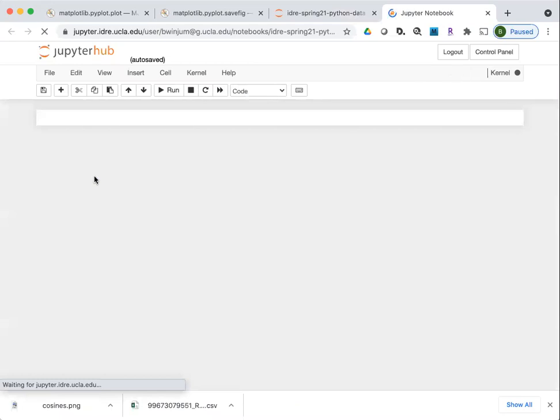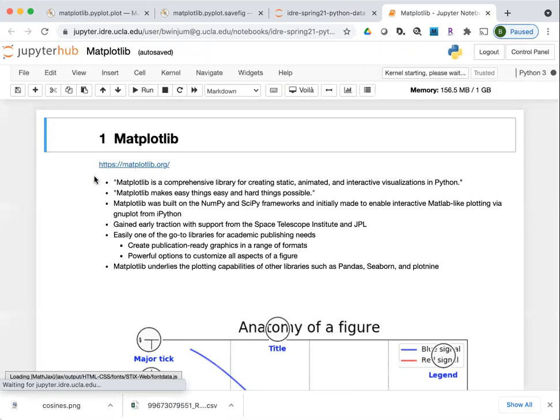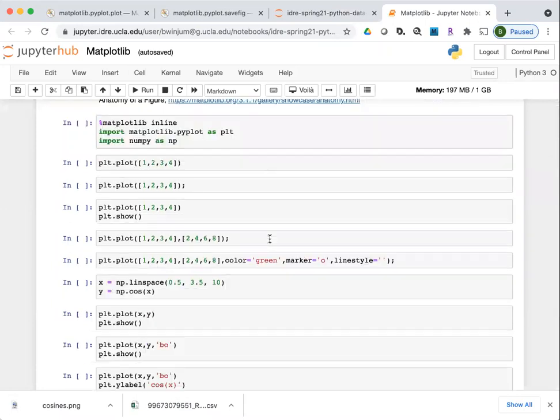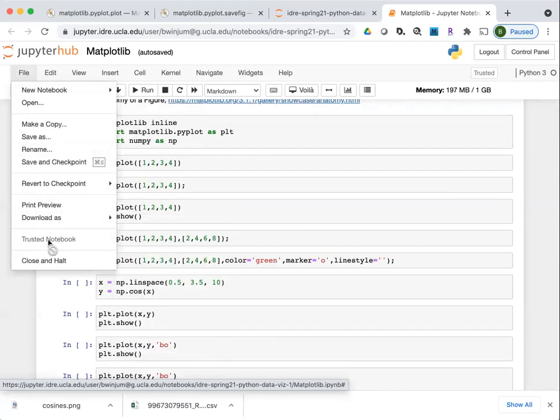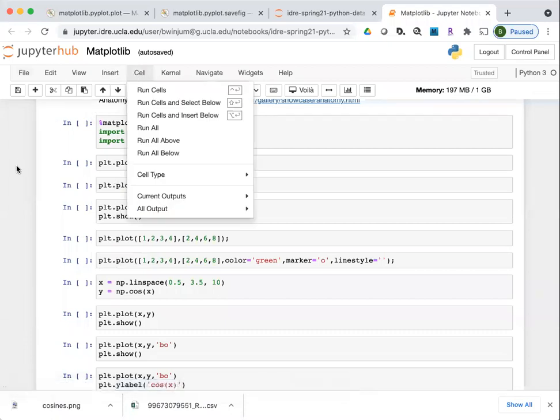When you click on the file name, it'll open up a separate tab in your browser. And then you should see something which looks like this. So in this case, I'll scroll down here just a little bit. So there are a variety of menu options at the top, which if I click on these, you'll see this is kind of reminiscent of a word processing program. So there are a number of things you can do with a notebook through these menus.